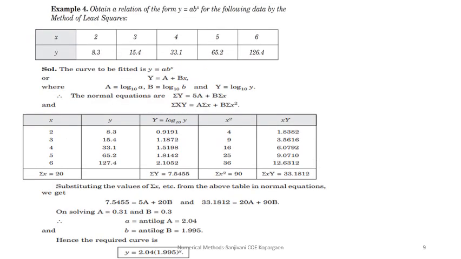So let us see this example. In this example you could see that x data is given, y data is given. So what you need to find out, if you look at the equation, is capital Y, that is log 10 y, then x square and x into capital Y. If you solve the two equations simultaneously, you will get the values of capital A and capital B. Taking antilog, you will get the values of small a and b, and our curve will be y equal to ab raised to x, that is given here.